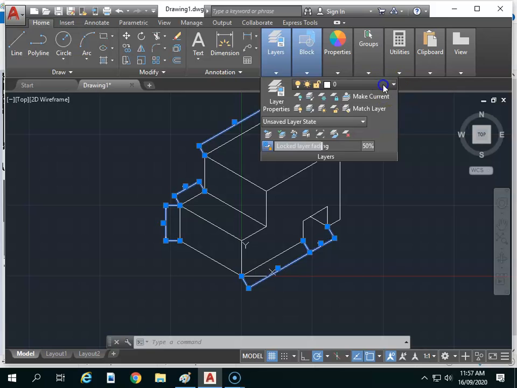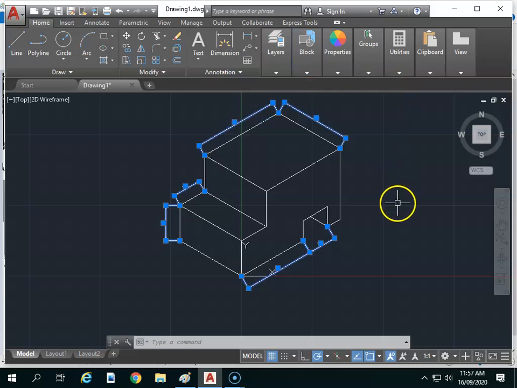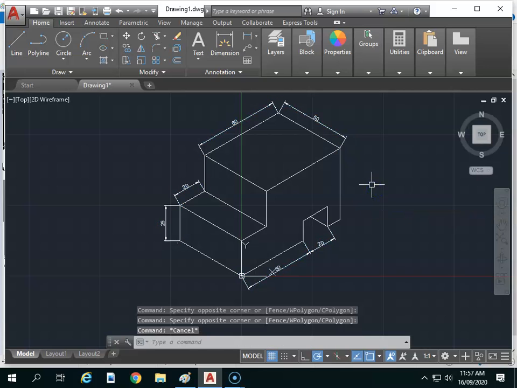So I'm going to change the layer type to dimension. Now, I don't know if we'll even see a difference at this scale, whereas everything else should be on layer type 0. Yeah. Okay. But when we